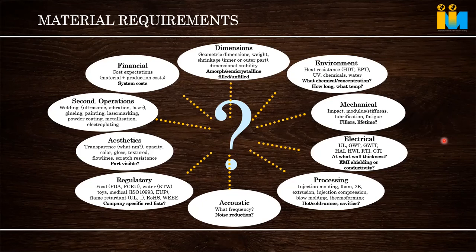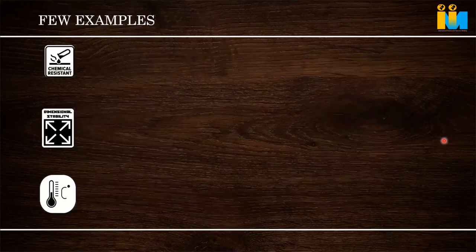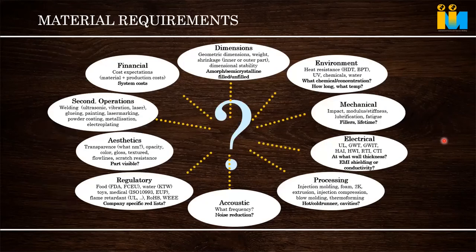And one more thing, which we already discussed multiple times in the financial context: what is the cost expectation? For example, for a household bucket, we have to go for a raw material which is 80-90 rupees a kg. We cannot go for a material which is $35 a kg to get all the properties. So what is our appeal? What is the cost which the customer can pay? Based on that, everything. We have to put all these considerations together and provide an optimum solution. One more point: what could be the price difference between regular and copolymer material?